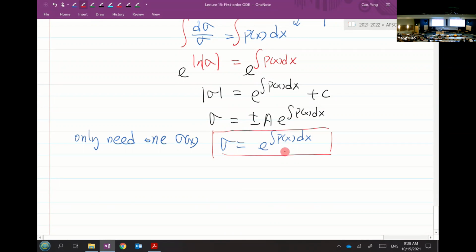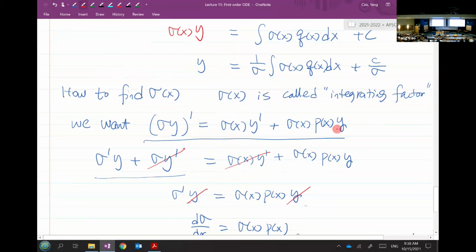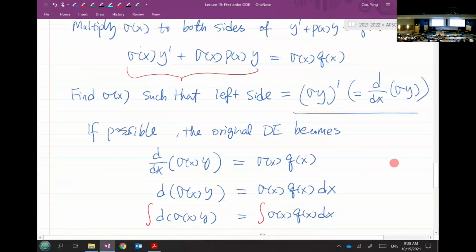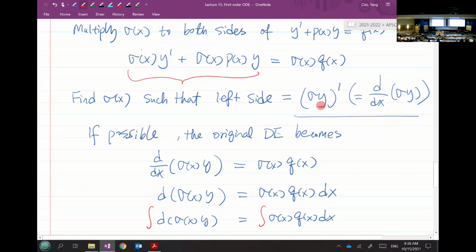What does it mean is, of course, if we have p of x, we can solve for this. What does it mean is if I plug the sigma back over here, or basically back to the first step, when you multiply the sigma to both sides of the equation, then the left side can be written into sigma y prime. So now you probably should have a little bit clearer thinking now, is that what's the purpose of multiplying the sigma here is because once you do that, you are sort of reversing